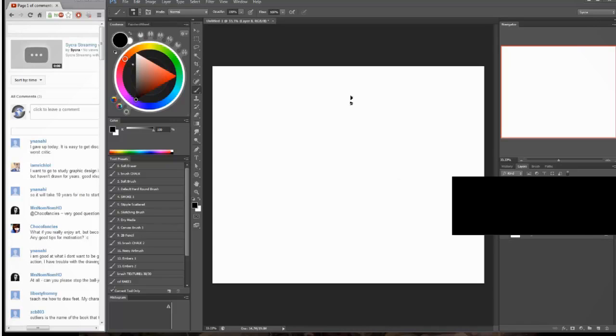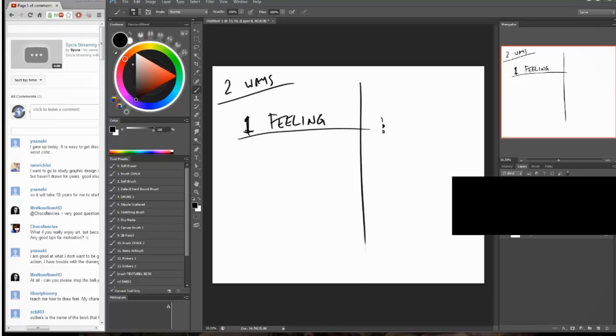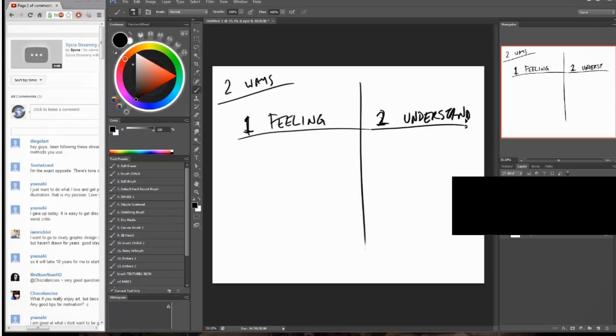There's kind of two ways of dealing with color. Maybe there's more ways, I'm just going to deal with these two. One is by feeling, and the other is by understanding. And also feeling, I'll say intuition. Intuition / feeling. Like what you're used to seeing.